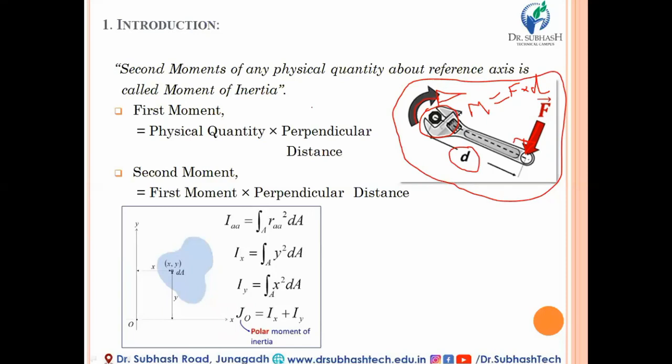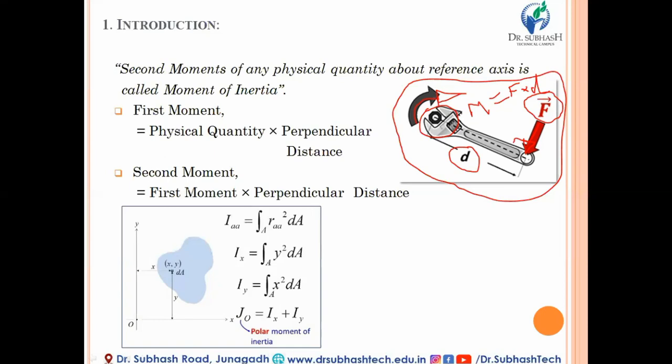Similarly, if you take the moment two times, or if you multiply the distance two times with any physical property, it will become a second moment and ultimately is known as a moment of inertia. Over here, in case of the spanner, the physical property we have selected is a force, but it's not necessary that you always have the physical property force F. You may also choose the area, volume, or even the mass or the weight.